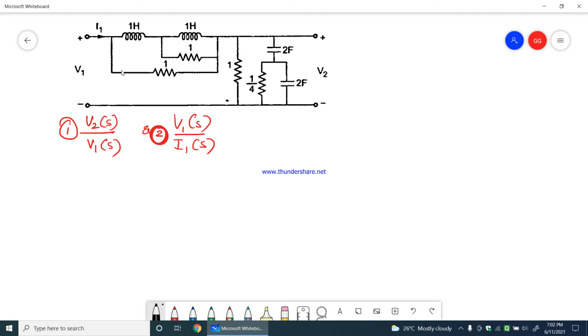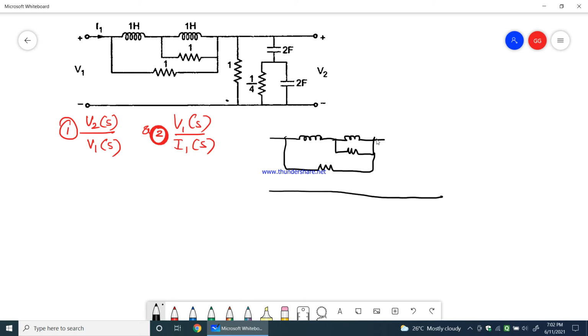Though there are too many components in the network, I hope students should not find it difficult, because the circuit seems to be very complicated, but when we try to solve it, I hope you will realize how simple it is. Okay, anyway, so let us write the Laplace equivalent circuit. So therefore I'll have an inductor, resistor here, and I do have another resistor here. I'll have a resistor here, then capacitor, then you have a resistor and another capacitor here.